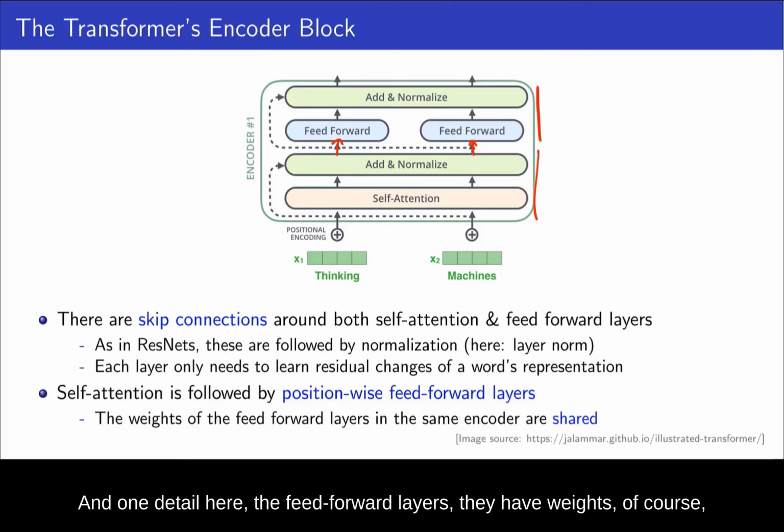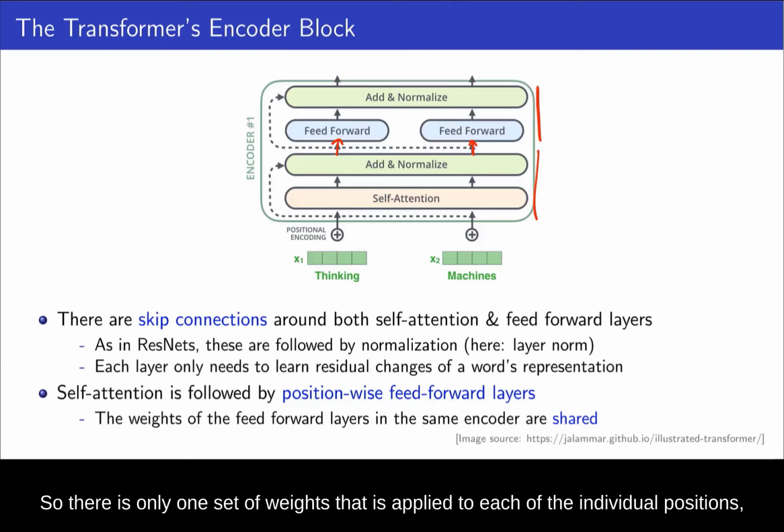And one detail here, the feed-forward layers, well, they have weights, of course, and these weights are shared across all the different positions. So there is only one set of weights that is applied to each of the individual positions,